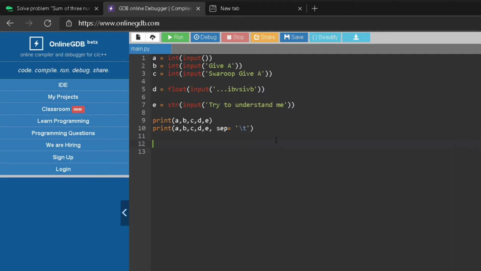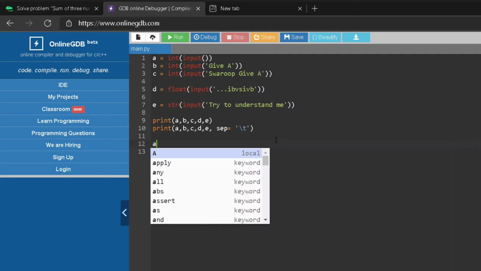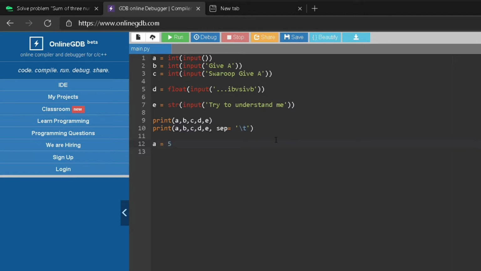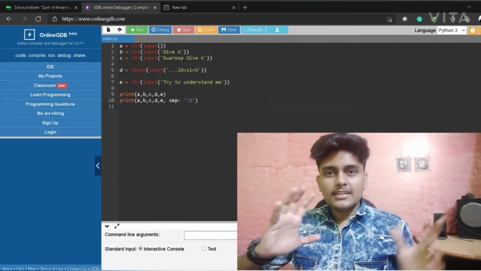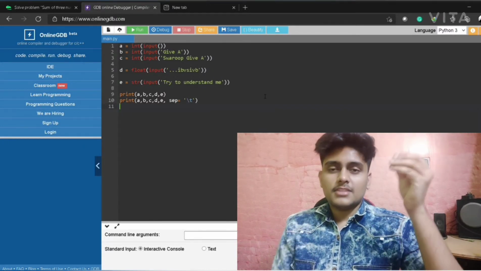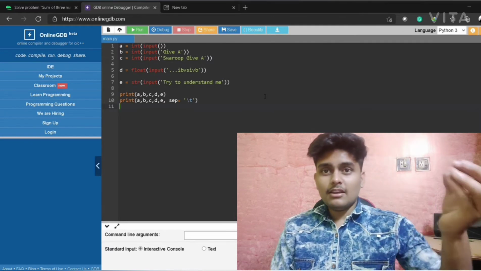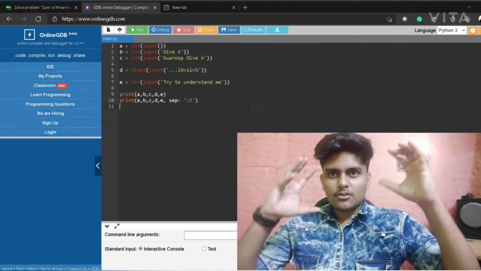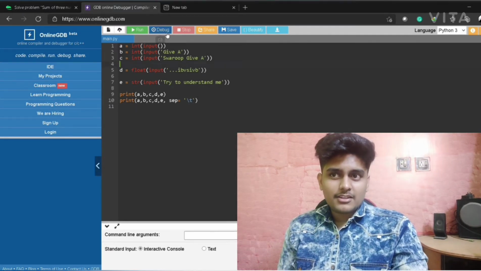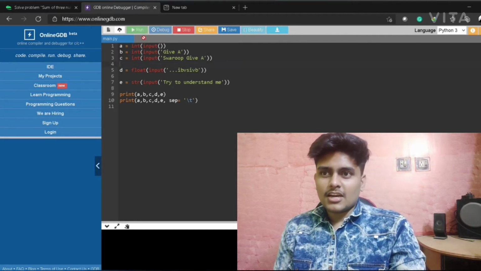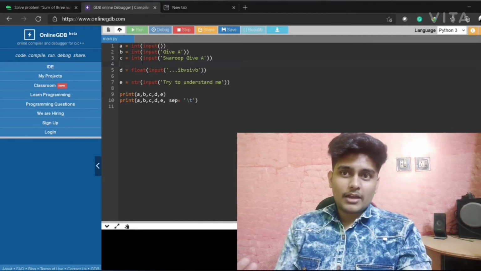In the last video, we directly assigned a is equal to 5. But here we need to take input from the user. So don't get confused. It's just that the compiler is expecting the user to give some values that it will assign to that variable. That is the concept over here. Try to understand, I am explaining in a simple way, and you can see I have written some examples over here. So let's start with the first example and we will run the code.